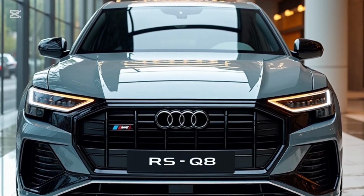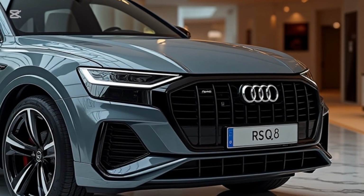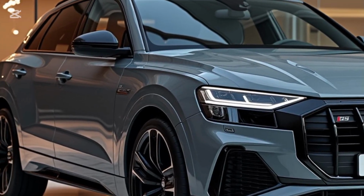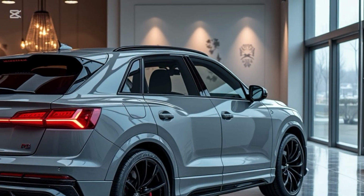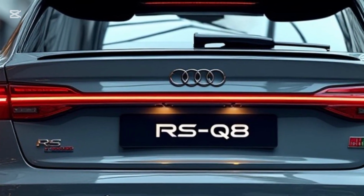Today, we're looking at an SUV that promises Lamborghini Urus levels of performance, at nearly half the price. Meet the 2025 Audi RS Q8, the high-performance beast redefining the luxury SUV market. But here's the big question. Is this the budget Lamborghini Urus or just another fast Audi? Stick around, because by the end of this review, you'll know if the RS Q8 deserves a spot in your